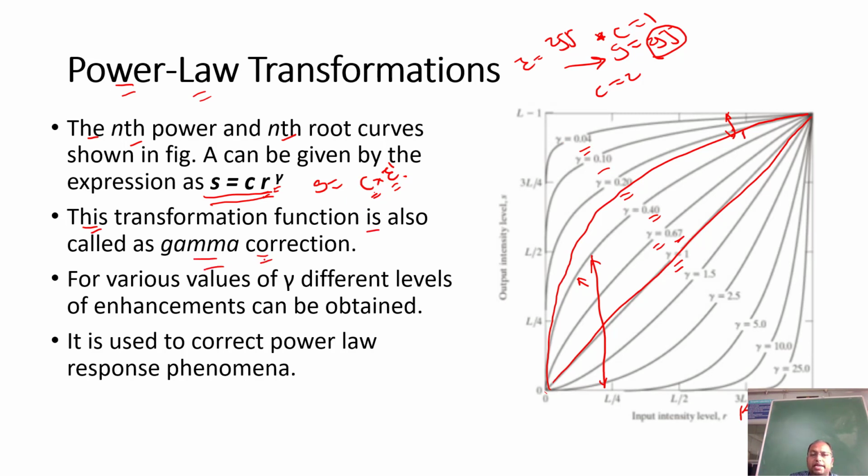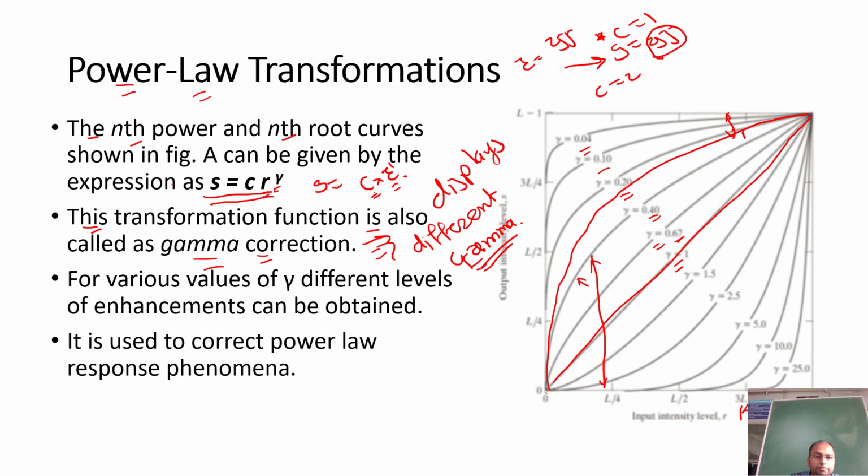So remember that each and every display has a particular gamma correction value. If you have your mobile phone, the perception or the appearance of every mobile phone's display is different from every other phone's display, right? Because of this gamma correction. So different gamma values are associated with different displays. Okay, so different displays have different gamma corrections.